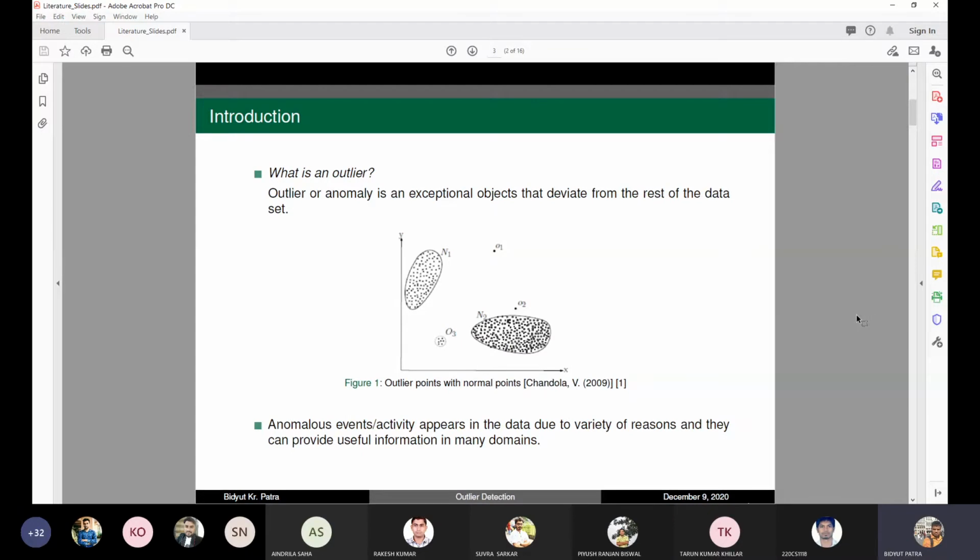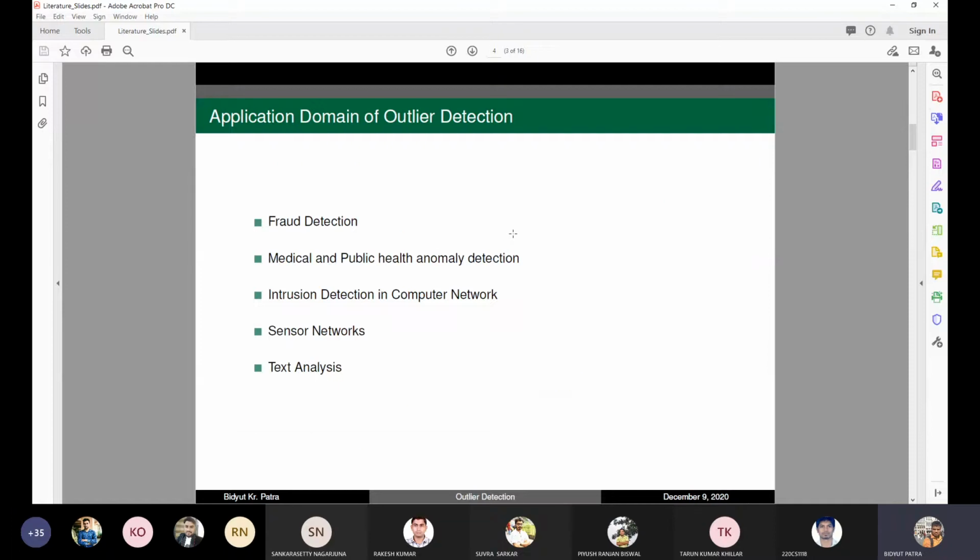So we talk about outlier. What is an outlier? As you can see from the last day's class, and here one example, the point O1 is located in the isolated region. Isolated region means around there are no points you can see. This point is quite different from the rest of the data points. The rest of the data points are forming clusters, so therefore this point O1 will be considered as an outlier. That is what we talked about in the last class.